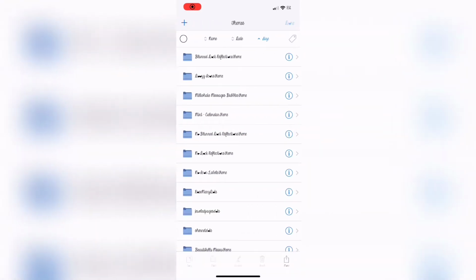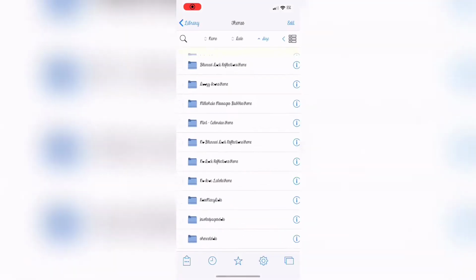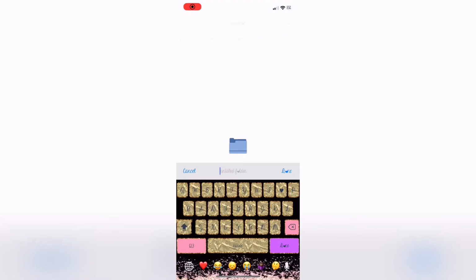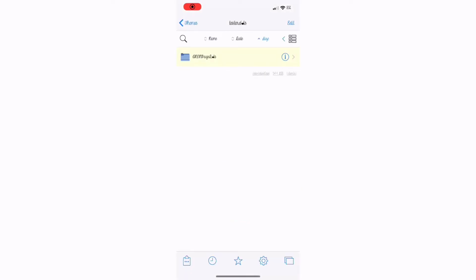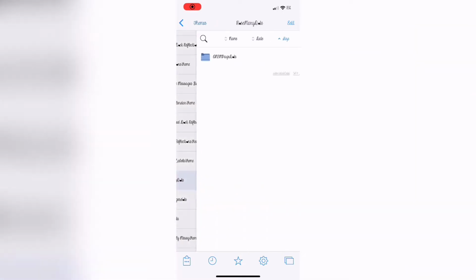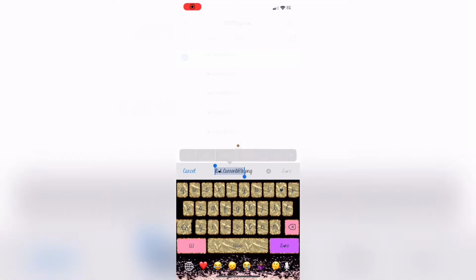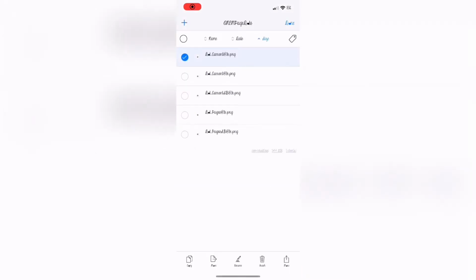Now what you're going to do is hit edit, click the plus sign, and we're going to name this tester dots and hit done. Then you're going to open this and hit edit and add the plus sign and put ANEMPage dots and hit done. Okay. Then what I like to do is, because I already have some page dots made, I hit edit and hit on here, hit rename, and literally copy the names